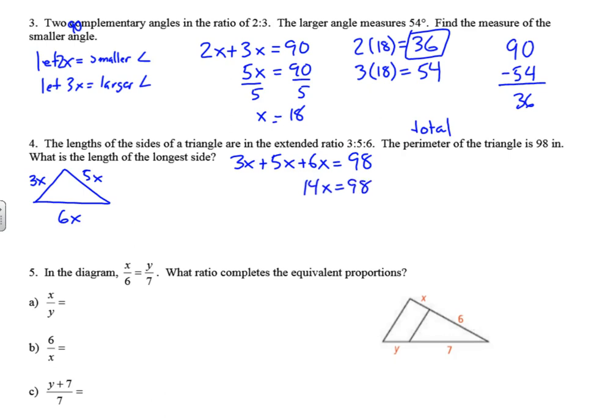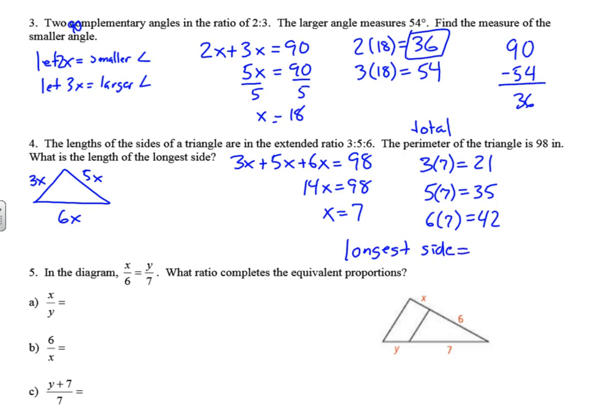And then we divide 98 by 14 and we get 7. So for our sides, we've got 3 times 7, which would be 21, 5 times 7, which would be 35, and 6 times 7, which would be 42. So that would be the length of the longest side. So then the longest side is going to equal 42. So always want to make sure we're